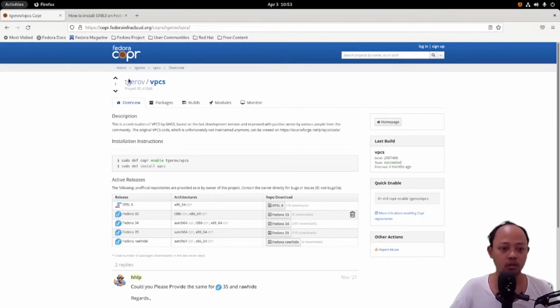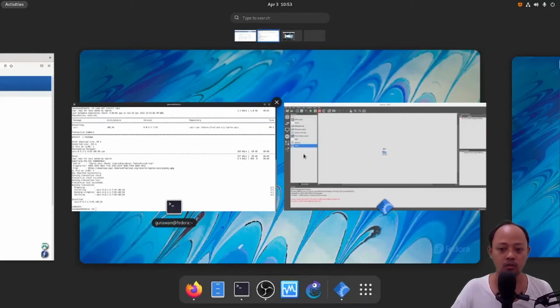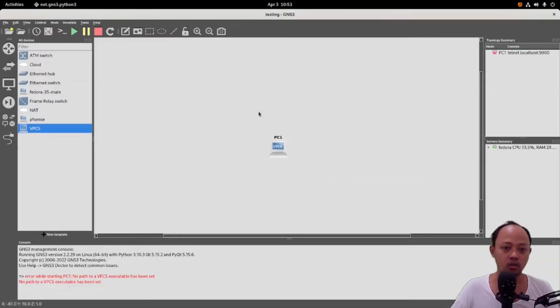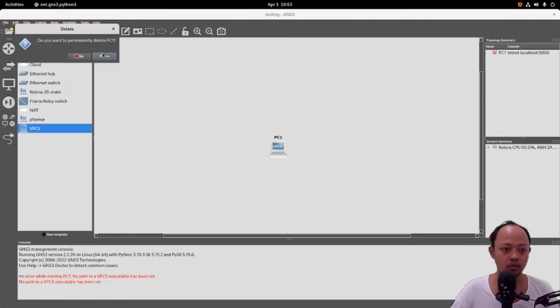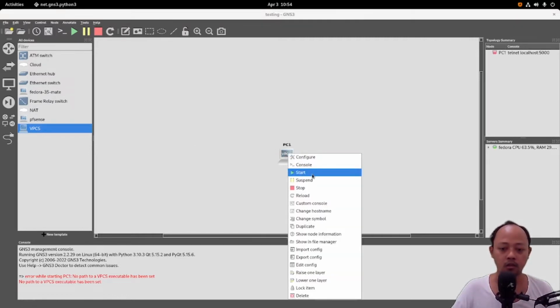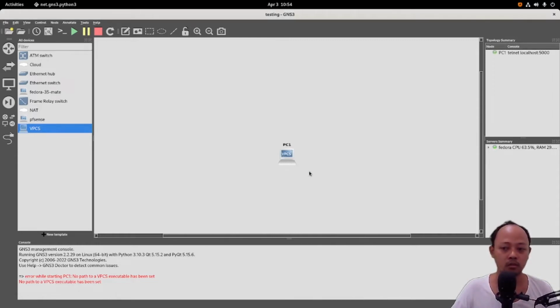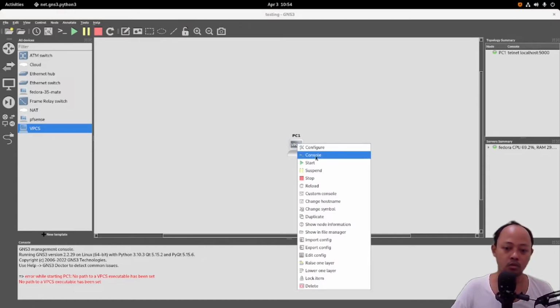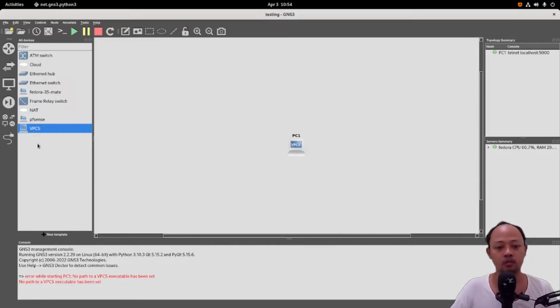Okay, after the installation, we can go to GNS3. I will delete this first. Okay, let's try again. Is there any error? There's no error. And if we want to access this VPCS, we need to go to the console. It's different from this Fedora 35 Mate.